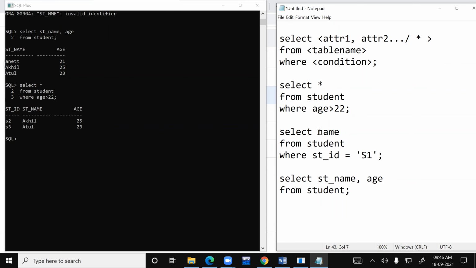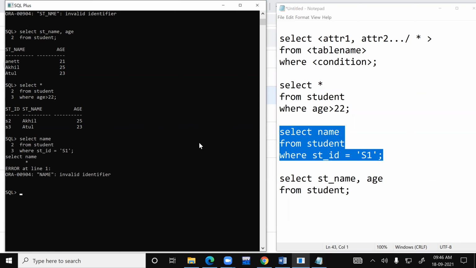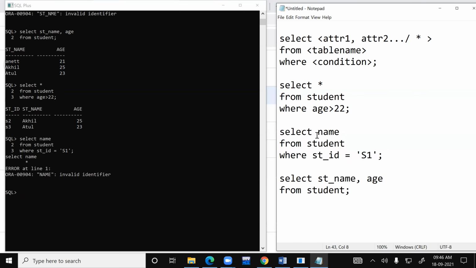So I just want to know the name. I don't want all this history. So I simply select name from the student table. And what is my condition? I just want to find out the ID. So I'll copy this. I'll paste it over here. Student, okay, it's not name, it is STD underscore name.